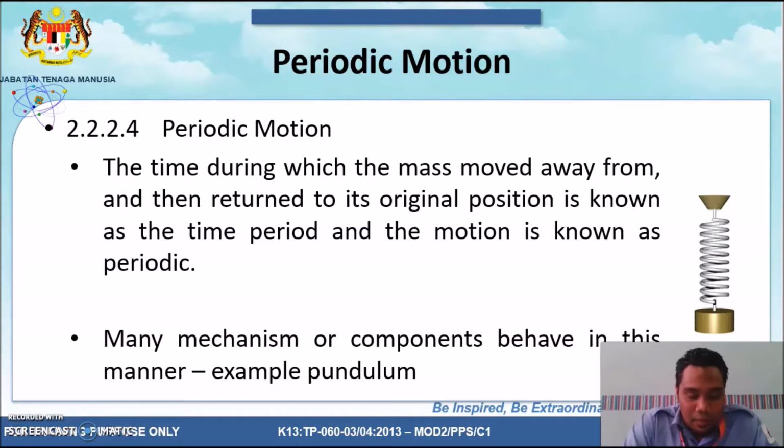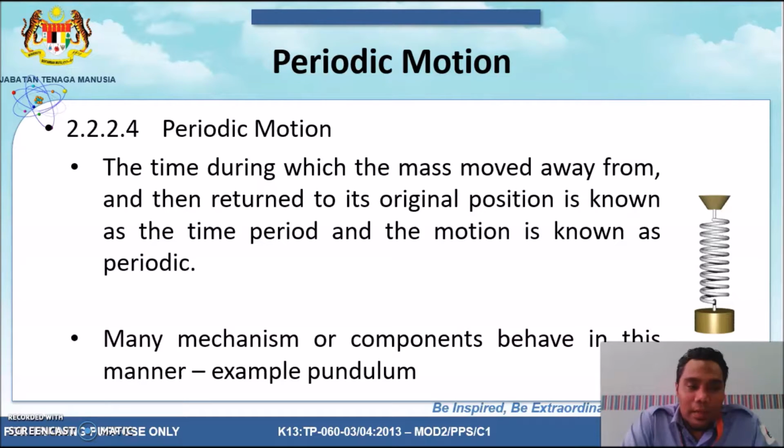Some masses move from one point to another point, then back to the original point and continue to do it respectively. Periodic motion, this means that any object has been displaced from its original position to another position and back